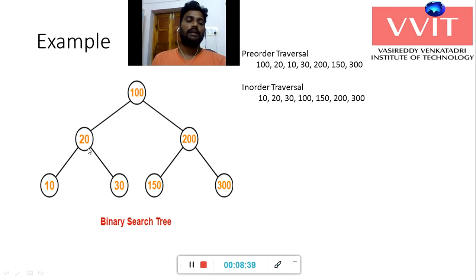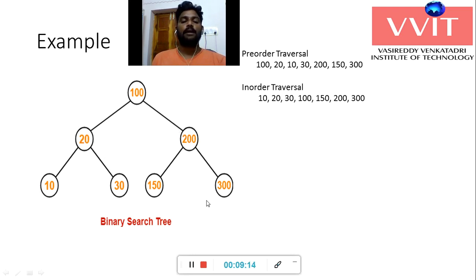Here also 20 will act as the root node. Then move to the left subtree of the root node. Here the left subtree of the root node is 10. In that case, 10 is visited first. In post-order traversal, the left part is completed, then move to the right part, then 30 is visited. Once the left is completed and right is completed, finally visit the root node. The root node value is 20. That subtree is totally visited, the left part is completed. Once the left part is completed, we can move to the right part.